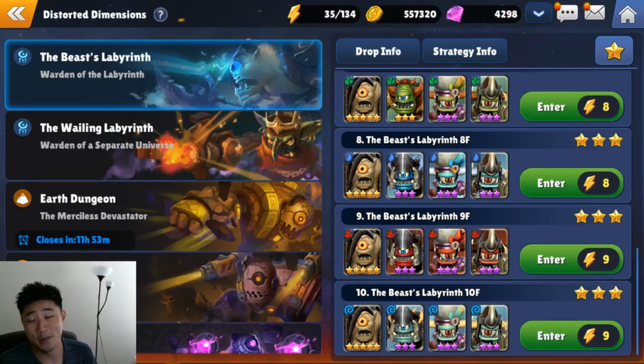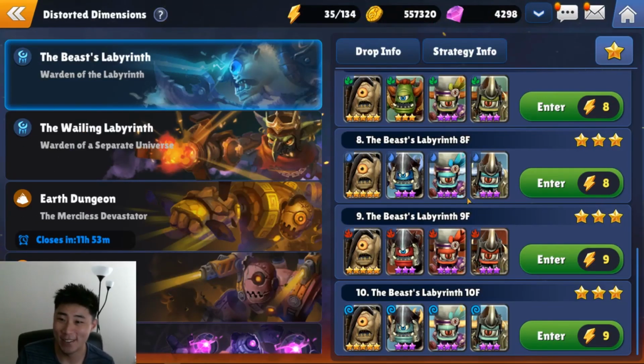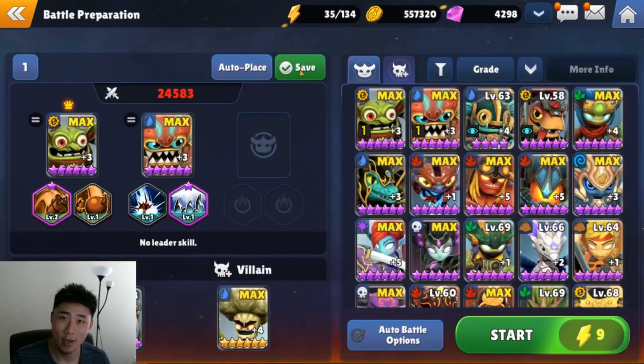Alright, so now you've been farming B9 for a while. Now you want to get stronger. You want to get that dope, juicy, legendary 6-star rune. So you want to get into B10. Now, of course, to get into B10, team comp you want to use,